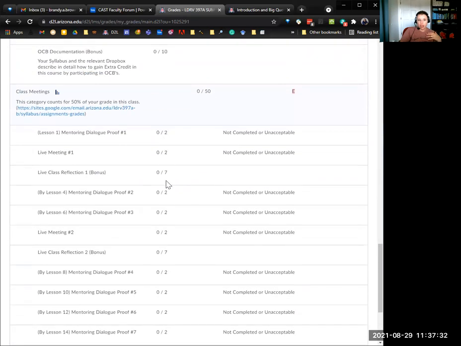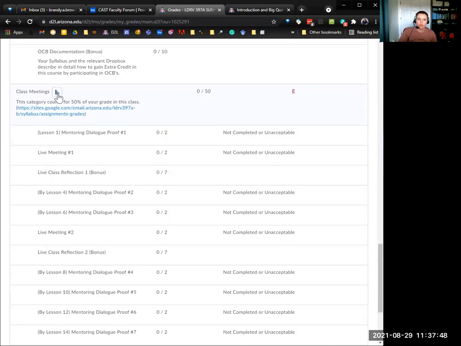And so as these change, you would see these numbers go up. I'm a terrible student because I'm not really a student, I'm a professor, so I have zeros. You can see how it shows you this category grade, and it's the category grades that add up to 100 that lead to your final grade, right?